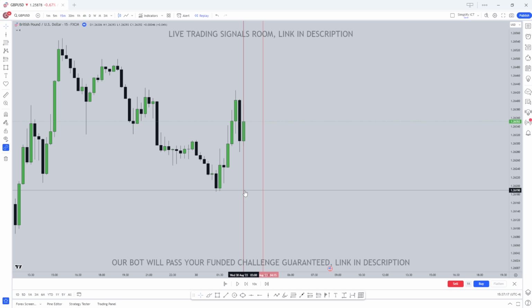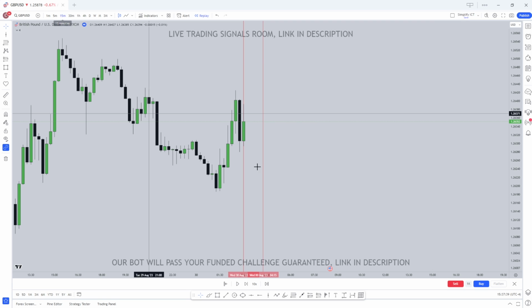So as you can see, we're on the London kill zone right now. It doesn't have to be specifically the kill zone, it could just be within the session in general, but I like to take my trades in the highest probability areas, which is the kill zone. So as you can see, for this example, we're on GBP USD and we're on the 5-minute time frame to show you my